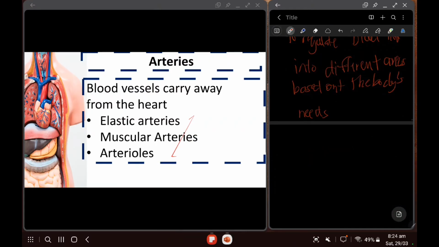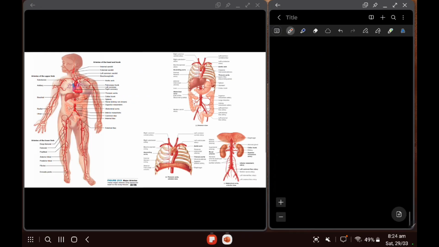So ayan yung sa arteries. And then you can see here, ito yung mga iba't ibang part ng arteries sa katawan natin. Mga major arteries that we can see in the body: subclavian, axillary, brachial, radial, ulnar, internal carotid, external, left common carotid, brachiocephalic, aortic arch, pulmonary trunk, left coronary